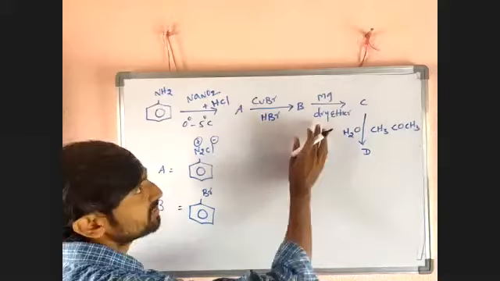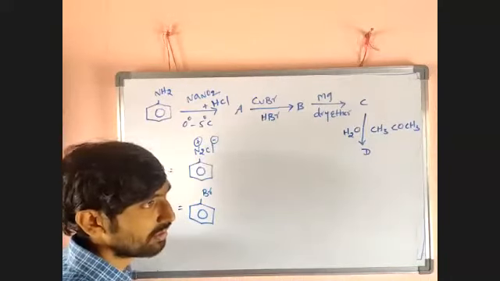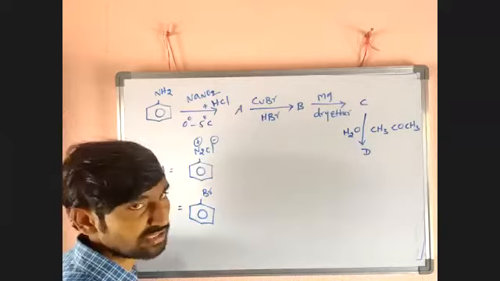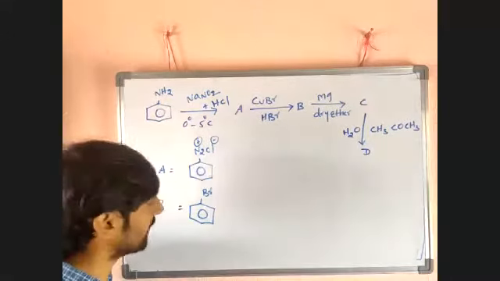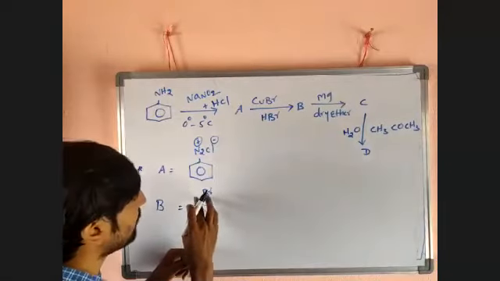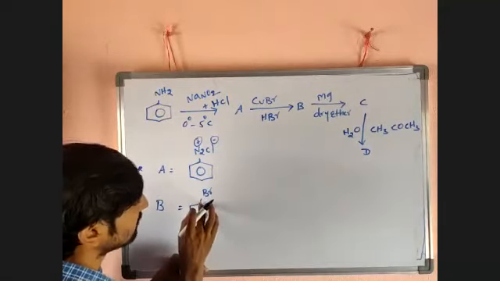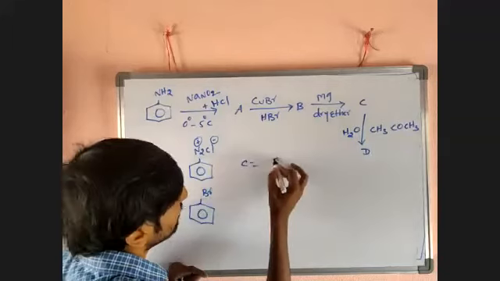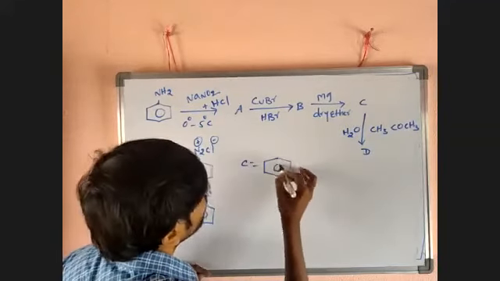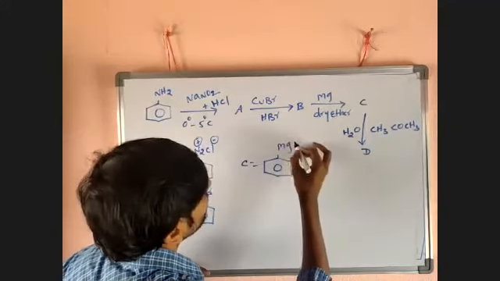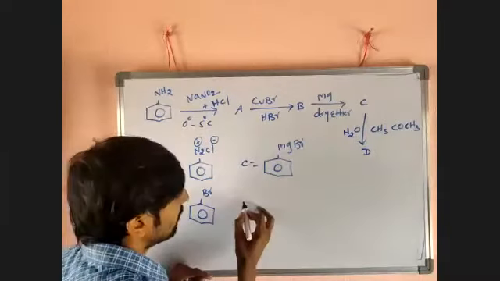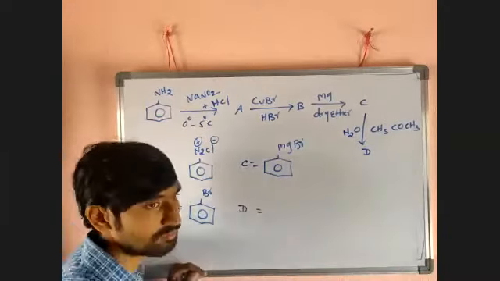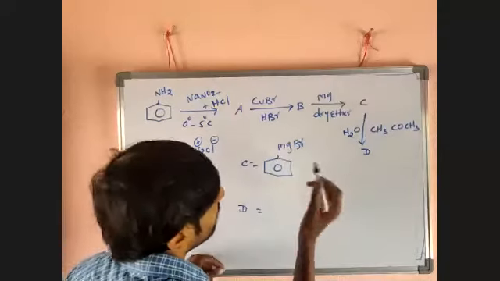Now, after getting the bromobenzene, then there is what? Magnesium metal in presence of dry ether. I think your mind initiated there. So with magnesium, what you will get? Grignard reagent you will get. So the Mg will get inserted in between Br and the benzene ring. Then C will be a benzene ring with MgBr. Now, how to look here? Option D. MgBr.